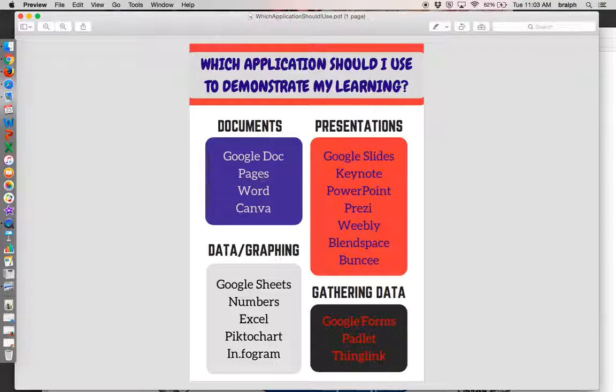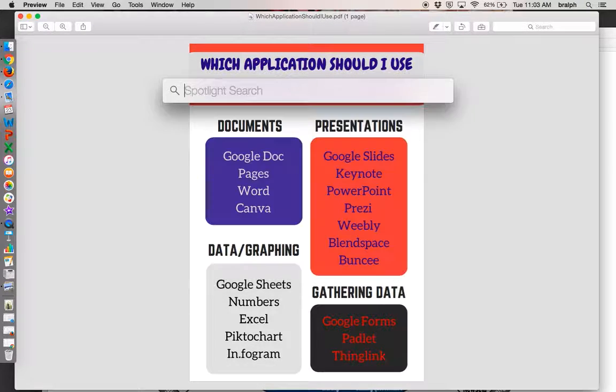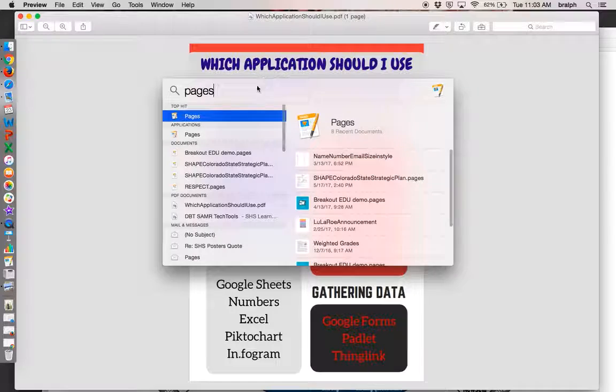For the applications that are on your computer, like Pages and Word, Keynote, PowerPoint, Numbers, and Excel, you could go a couple different ways. So first you could come up here to your Spotlight search by clicking this little magnifying glass, okay? And I could just type in Pages. And as I type that in, notice it comes here, so I would just double click and it will launch